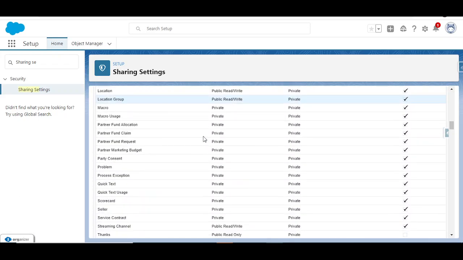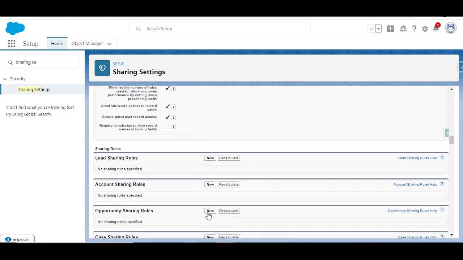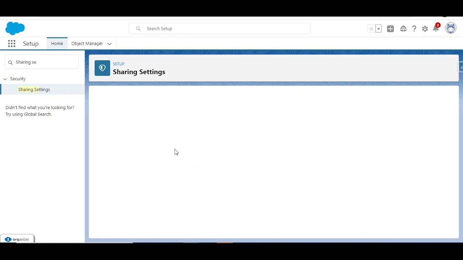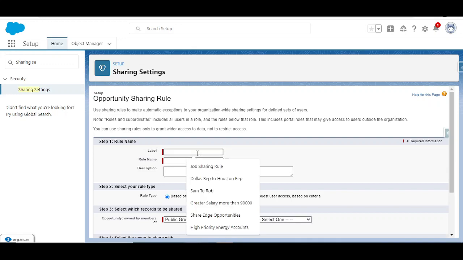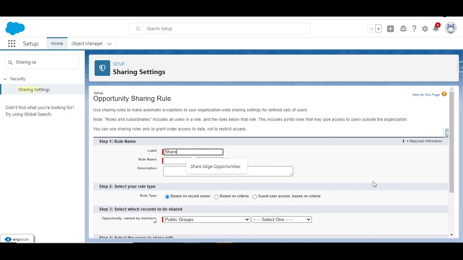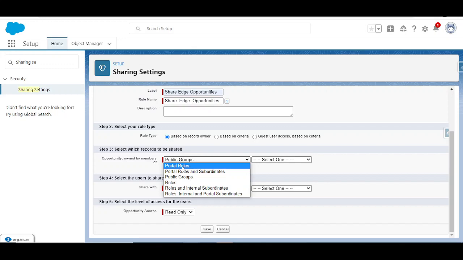We'll go to Opportunities, New Rule. We will give a name like share edge opportunities. Opportunity owned by a member of, I'll choose portal roles,